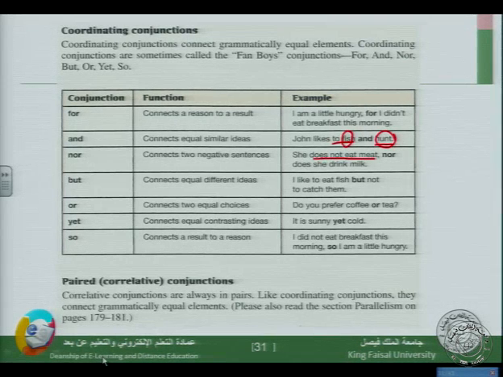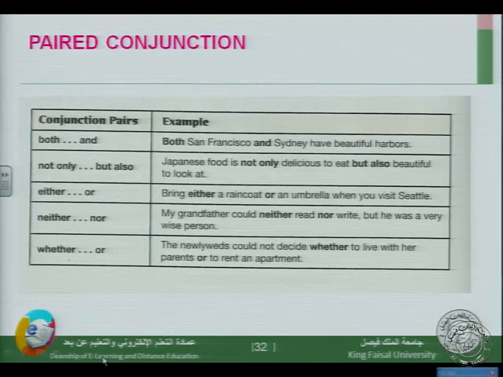She doesn't eat meat nor does she drink. Doesn't eat, notice here we have a clause and here we have a clause. Nor, therefore, is one of the coordinating conjunctions that joins the same structures together. Also, we have talked about the paired conjunctions: both and, not only but also, either or,